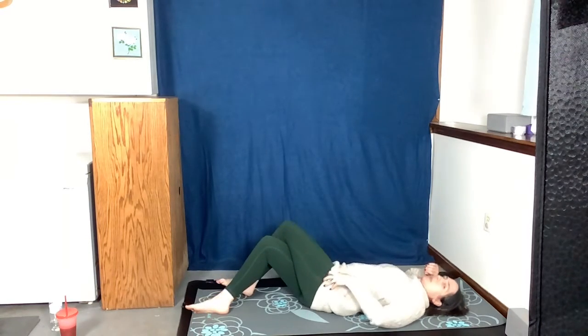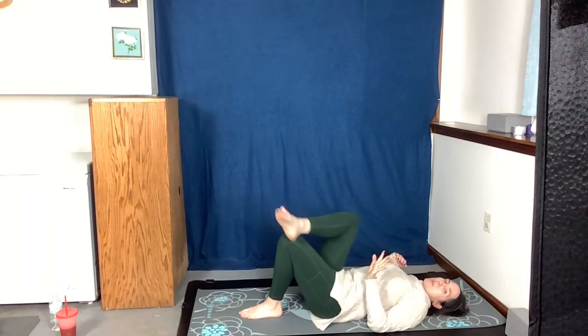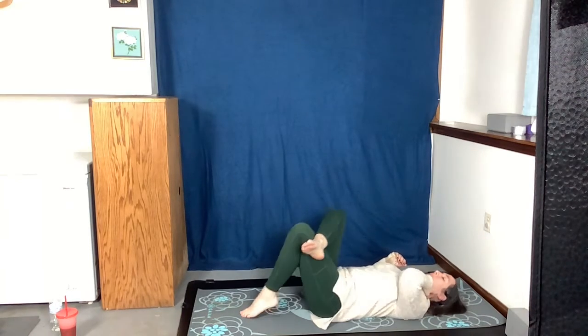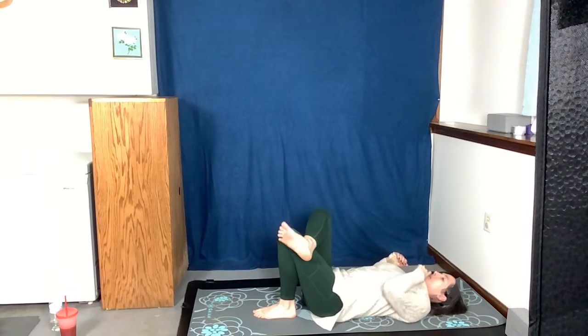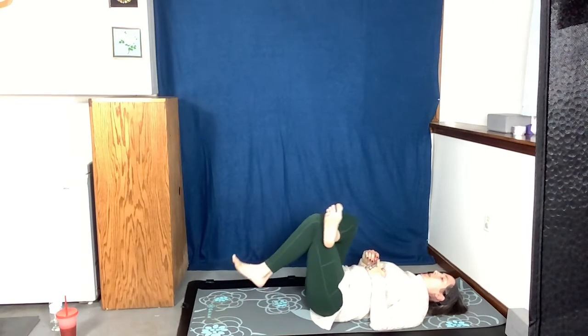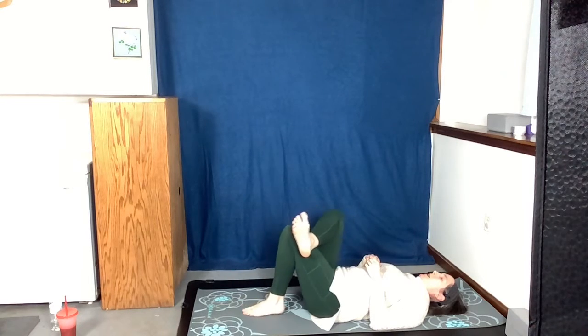Come back through center and let's set up that same thing for the other side. So 5 times through, holding the stretch for about 5 seconds, and then doing 5 kind of bridge pulses. That's our plan. All right, so we're set up. Let's do our stretch. So lift it on up for 5, 4, 3, 2, 1,